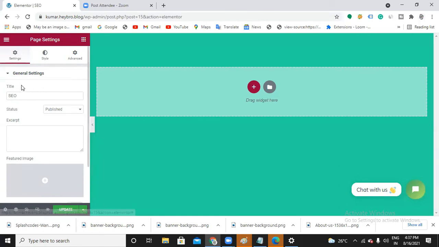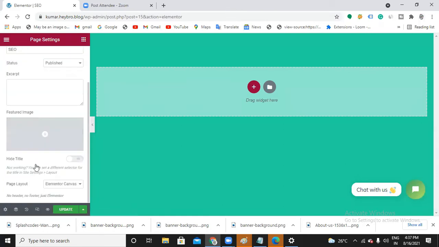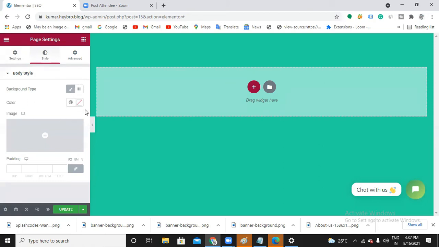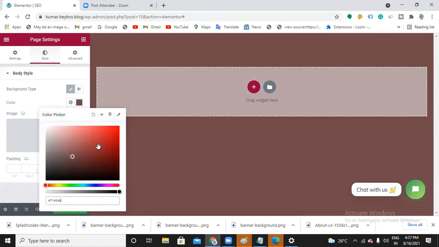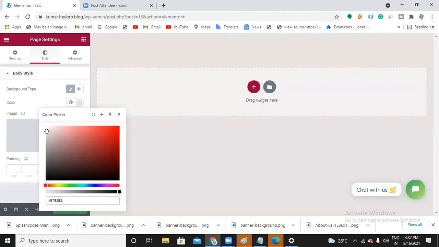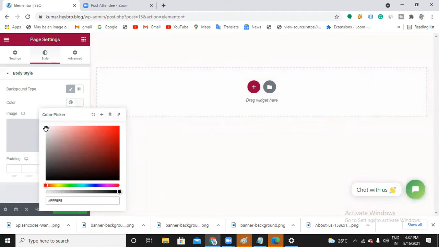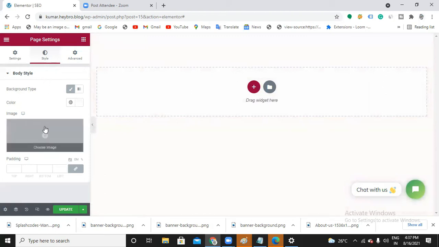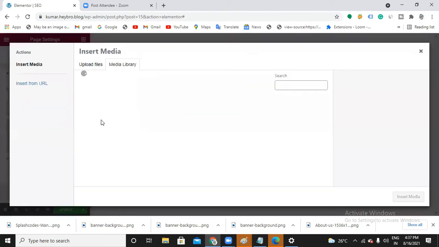These are our topmost. Now here we are done with the settings. And if you go to the style, you can change the background type. So background colors. As of now, this is the background color. So why don't we change the background color? See now, got it? I will always go with the white color. White always looks professional, right? So now my background is white. If you want, you can also upload the background image. Do you want to see?